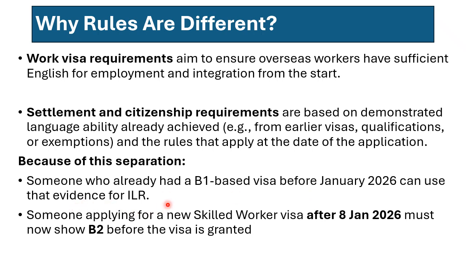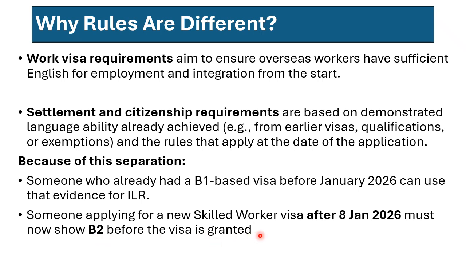As I said, let's say you had a visa which required a B1 qualification, so you got that, and it doesn't expire in 2 years. Then after a year or so, you have to apply for indefinite leave to remain. That means you can still use that B1, because that meets the requirement for indefinite leave to remain as well. So someone applying for a new skilled worker visa after 8th of January must now show B2 before the